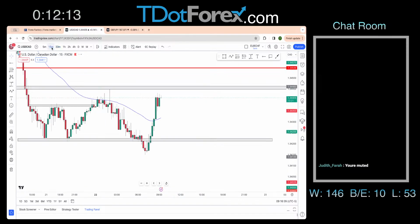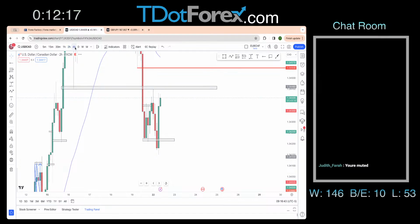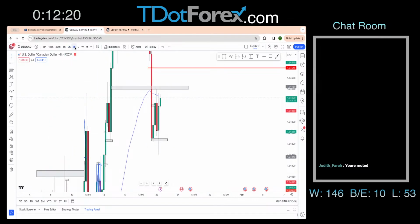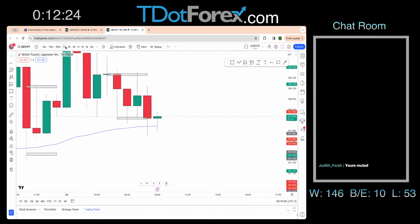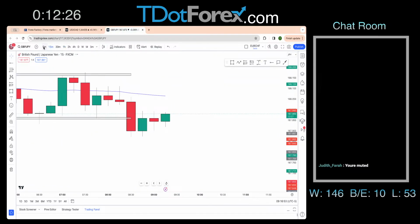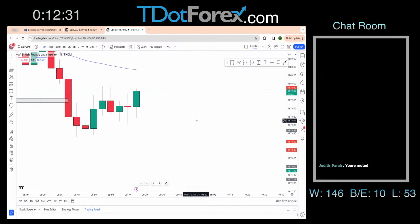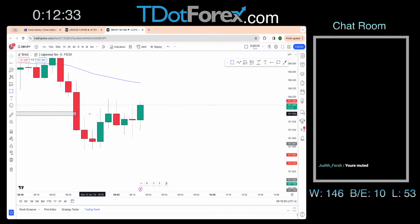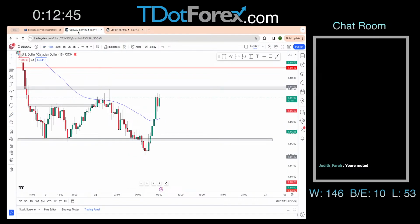The 30-minute EMA is right there. 15 is below. 1 hour EMA is above. 2 hour EMA is above. And 4 hour EMA is right where the price is. So very interesting. And again, GJ does not look strong either. Could push back down here. Let me just take a look. Once again, how many pips can this range be? About, it's not enough. Not enough, but,